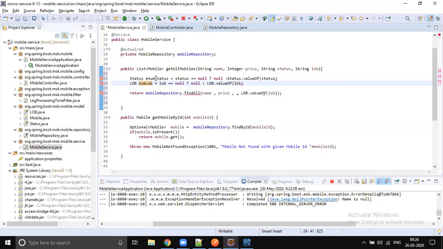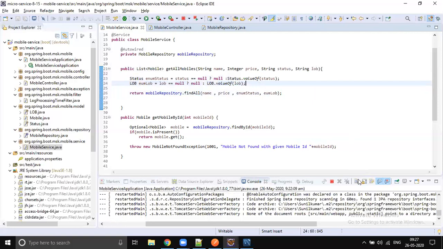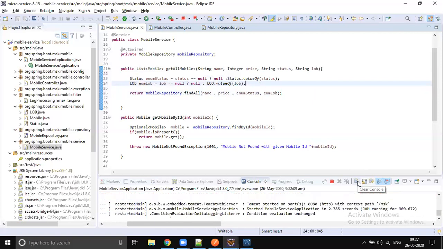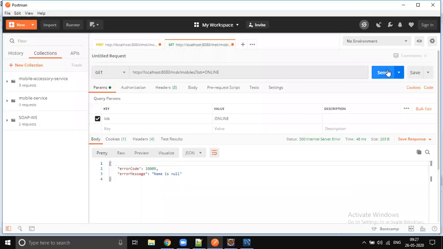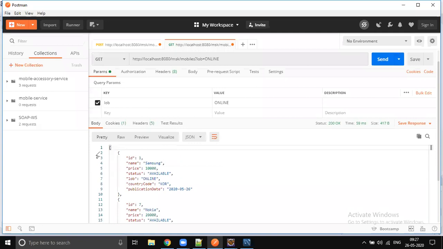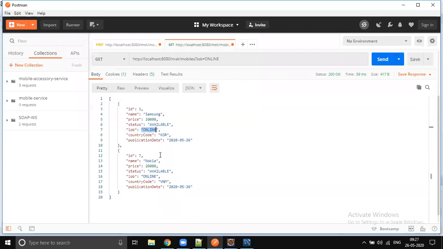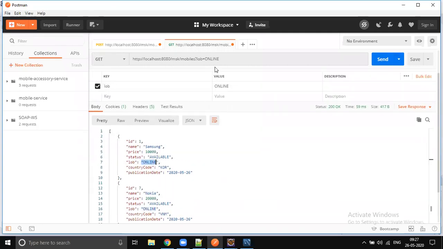If it is coming, then convert and send it. Semicolons are missing. That's why this error came. Just do the same. Fine. Now send the request. You get only the mobiles which are available online. So you send retail.